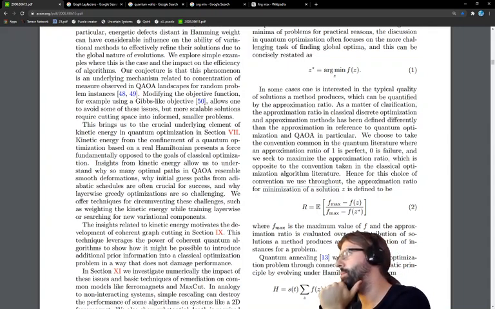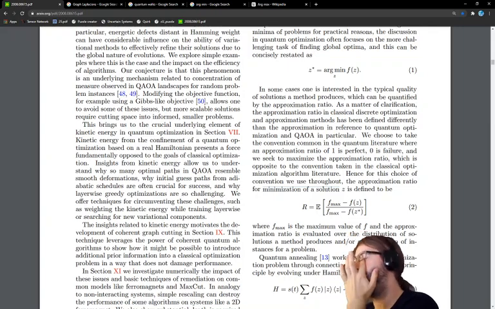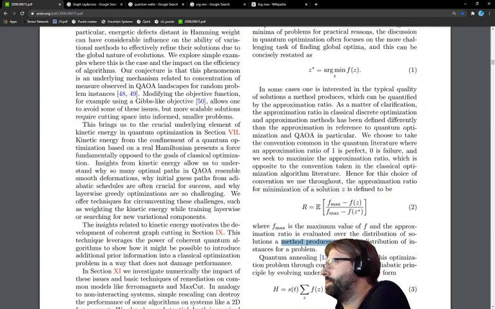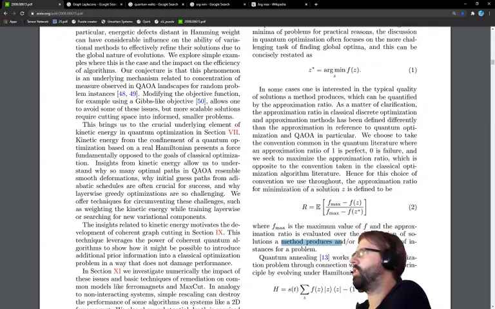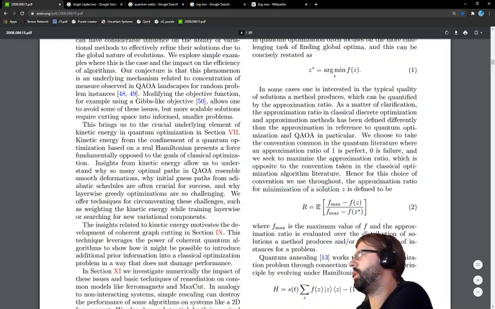So f max is the maximum value of f. And the approximation ratio is evaluated over the distribution of solutions a method produces, or a distribution of instances for a problem. The approximation of solution z. So z star is sort of what we're aiming at. z is what we're going to find, right? And so,